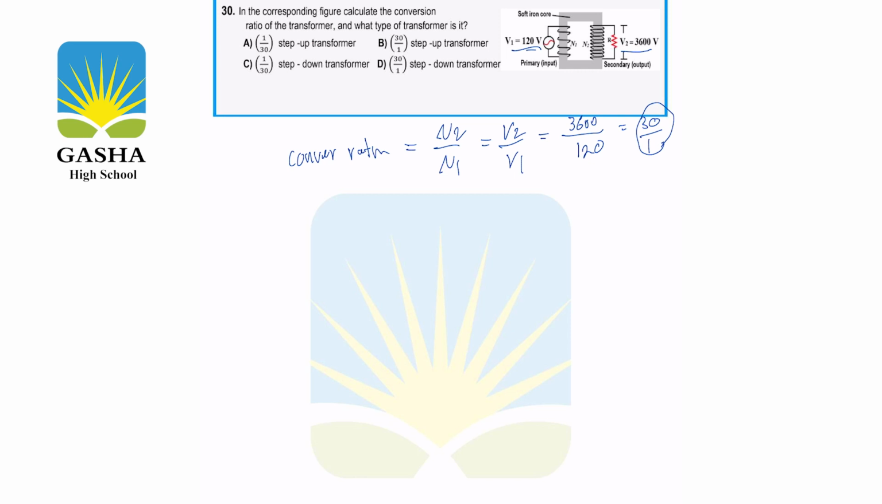So since N2 is greater than N1, or V2 is greater than V1, we have to know that the